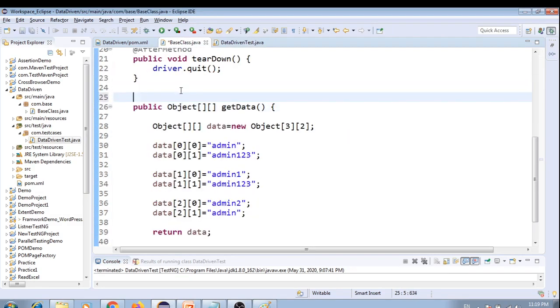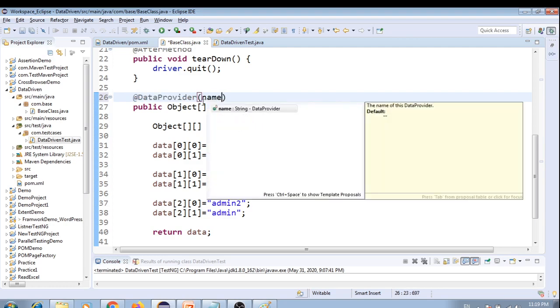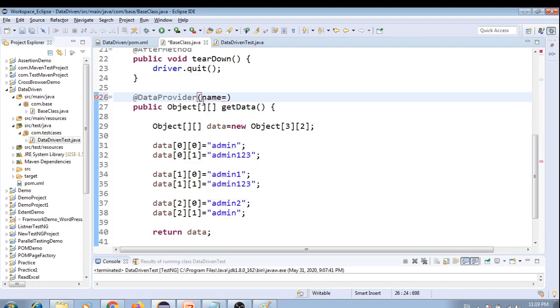So here we can use, because we are maintaining all the test data in this get data method only. So simply we'll pick the data using DataProvider. So this is the DataProvider annotation, and inside that bracket we have to write name and the name of the data provider. So let's say the name of the provider will be credentials,